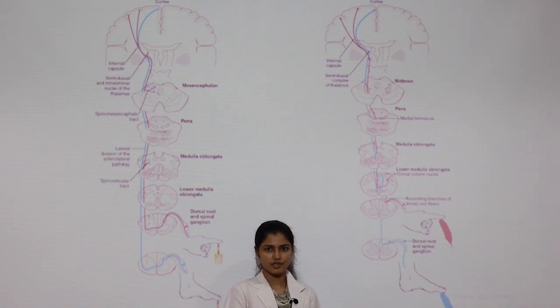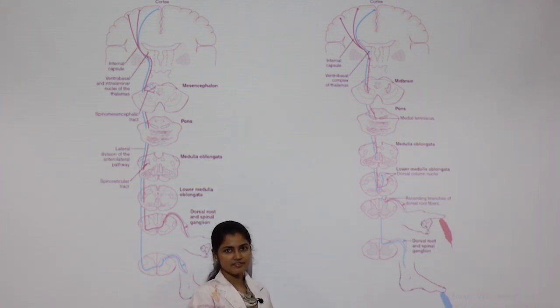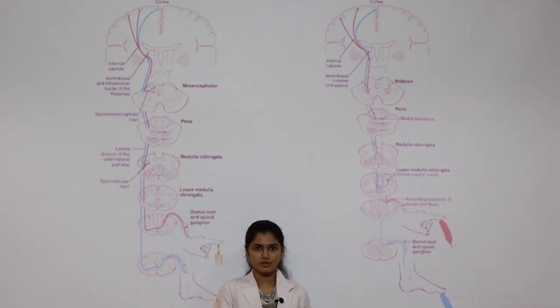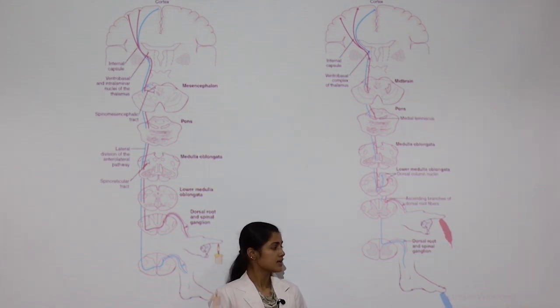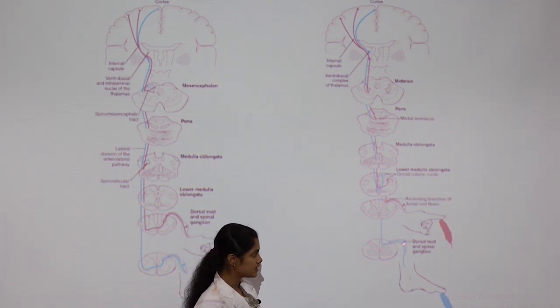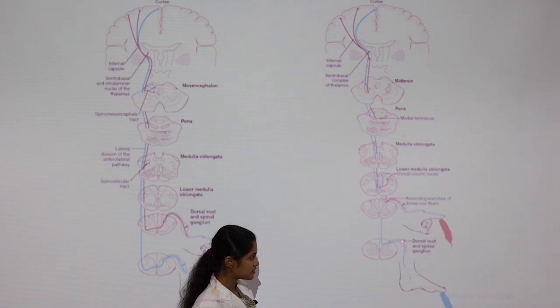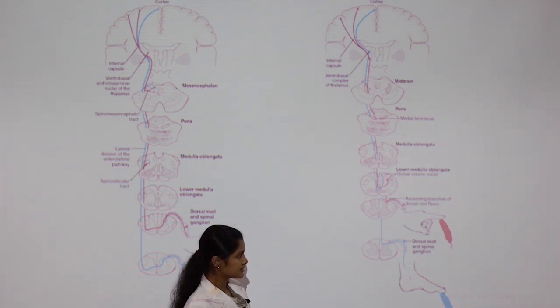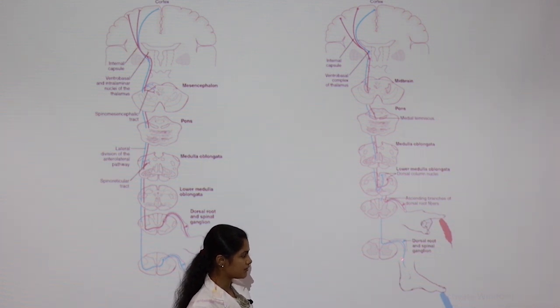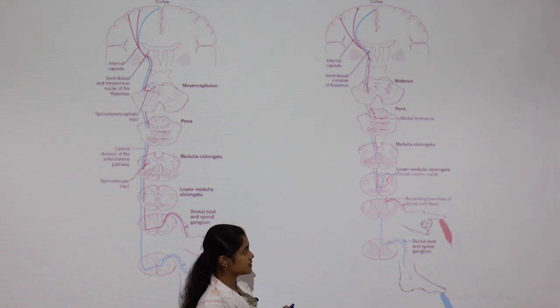Let's see briefly about the dorsal column tract. This picture is taken from Guyton. In the dorsal column tract, there are three order neurons. The cell body of the first order neuron is in the dorsal root ganglion. The peripheral process carries sensations from the receptor, and the central process is carried through the spinal cord up to the medulla. Here you can see the sensations from the lower part of the body are carried medially as fasciculus gracilis, and the sensations from the upper part of the body are carried laterally as fasciculus cuneatus,